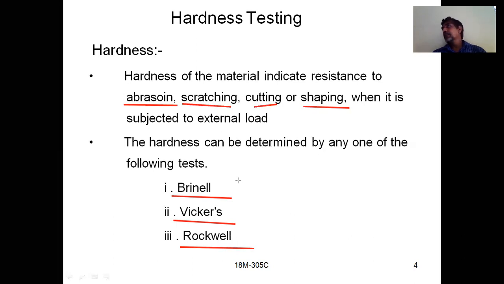Hardness is the ability of a material to resist indentation, penetration, scratching, cutting and shaping. Shaping means removing some material here also. So this comes under hardness. And hardness can be determined by using the Brinell hardness, Vickers hardness and Rockwell hardness testing machines.